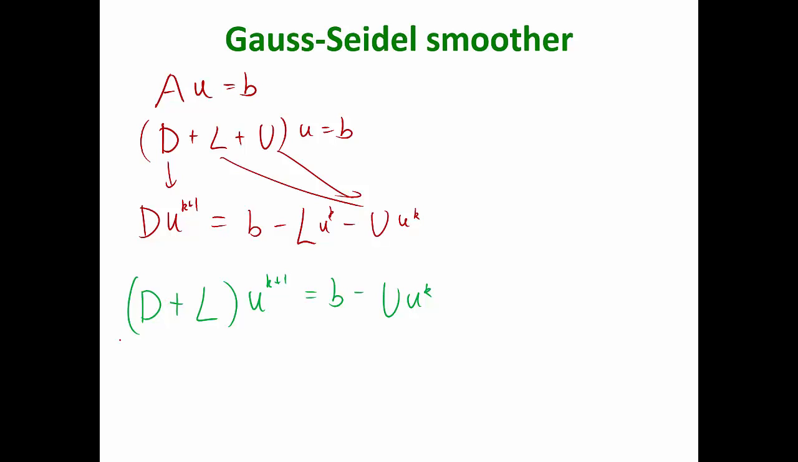Now, instead of solving for a diagonal matrix, we need to solve for a lower diagonal matrix, a matrix that contains a diagonal and a lot of stuff underneath the diagonal. Does it make solving D plus L hard? Surprisingly, there is a technique to solve a lower diagonal matrix that is almost as easy as solving a diagonal matrix. That's called